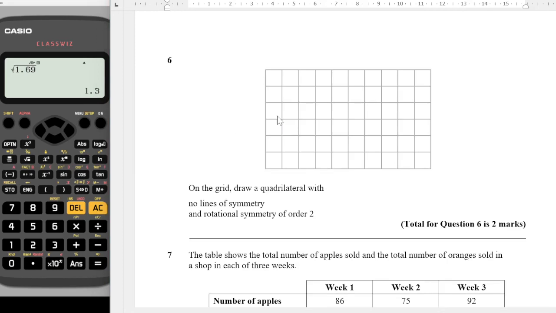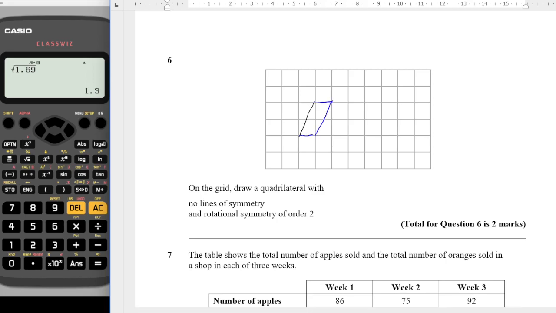Question 6. On the grid, draw a quadrilateral with no lines of symmetry and a rotational symmetry of order 2. So quadrilateral means a 4-sided shape, no lines of symmetry, but a rotational symmetry of order 2. The shape that we're going to be looking for is a parallelogram then. Pretty much any parallelogram would do,